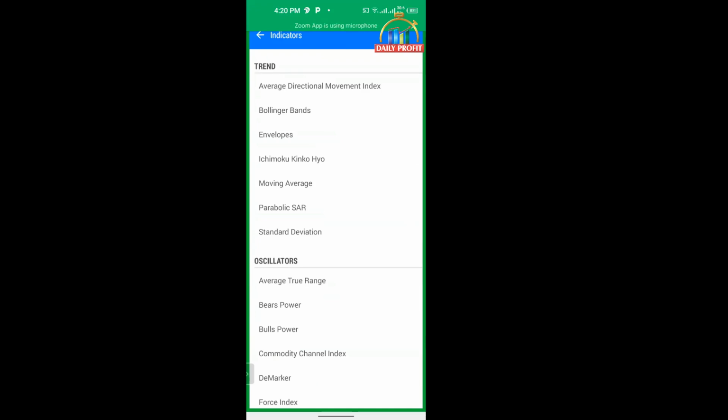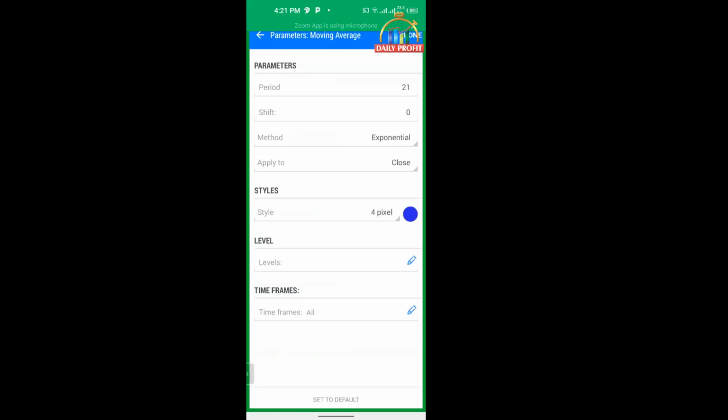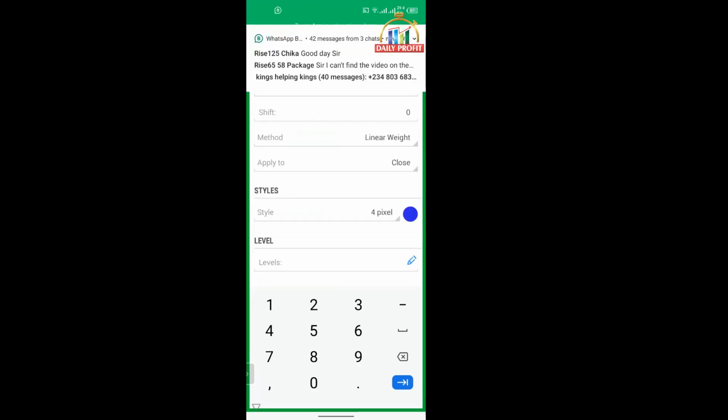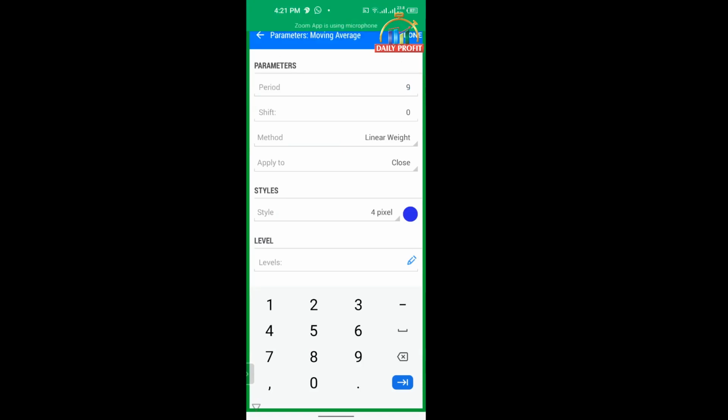So you click on that sign again. What you need to do is go back again to the moving average. This time around 9. The shift is the same thing. The method, you choose linear weighted. Once you do that,